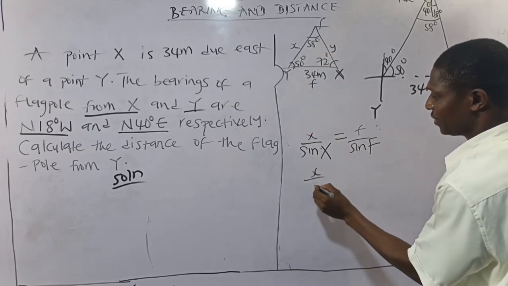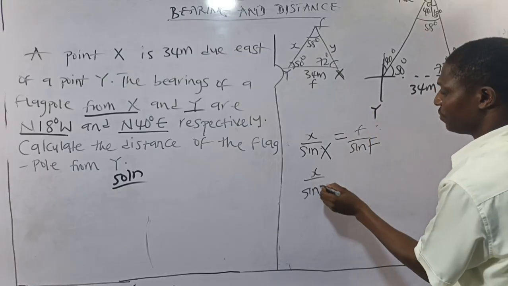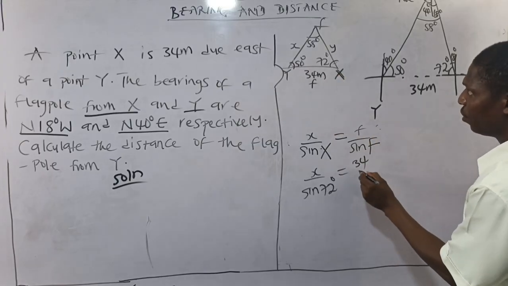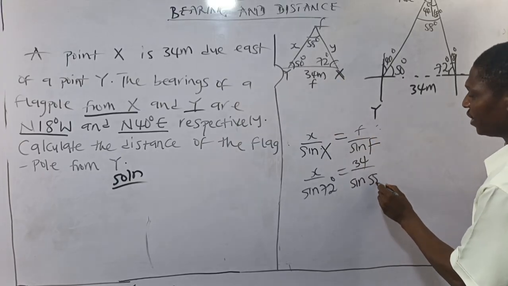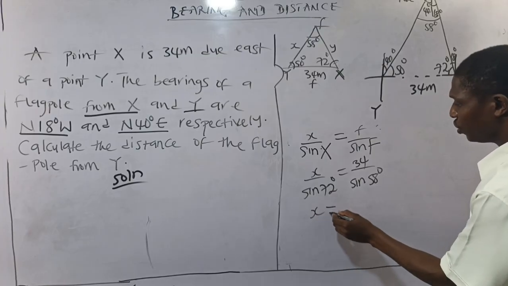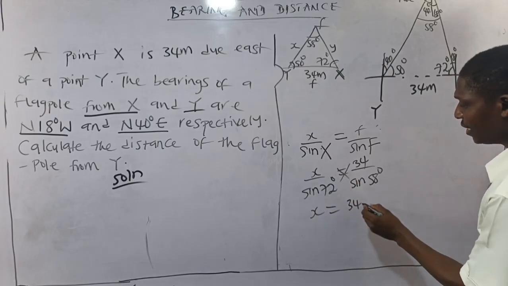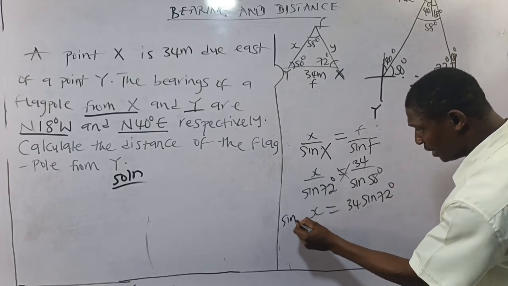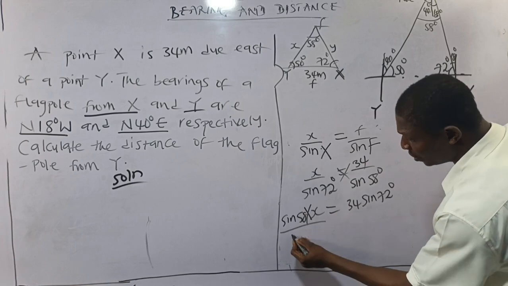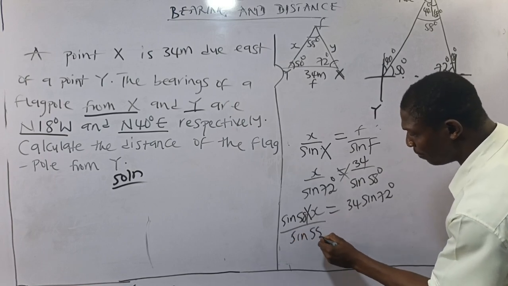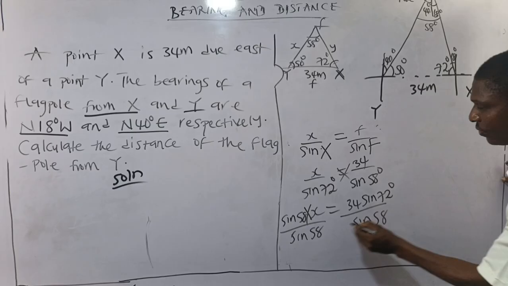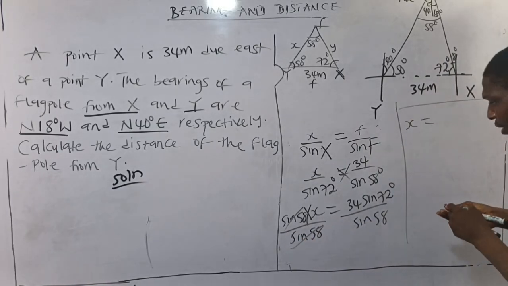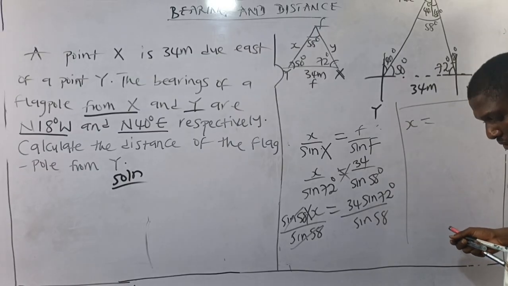But remember, S is equivalent to Fy. So let me use my x over sine of my angle S, which is 72 degrees, equals my f, which is 34, over sine capital F, which is 58 degrees. I'll have x equals 34 cross multiply, 34 sine 72 degrees. Even if I put sine 58 degrees here and times, they will still divide through, but I'm doing this for simplicity. So this will cancel this, and I'll have x equals 34 sine 72